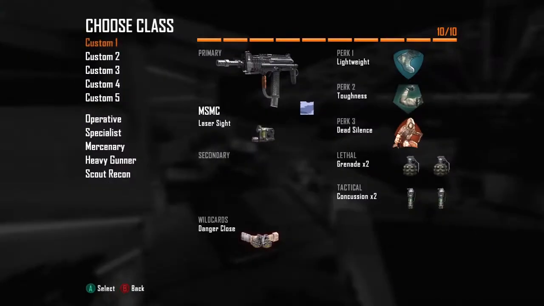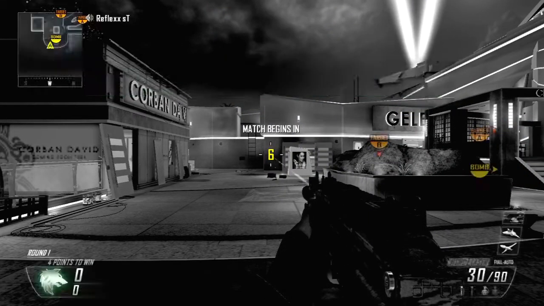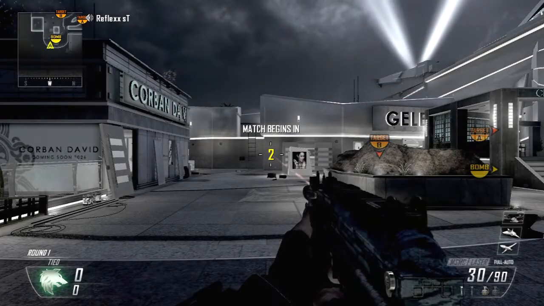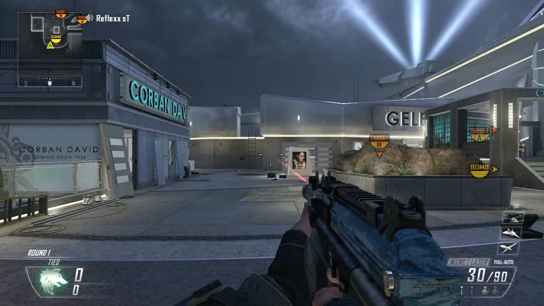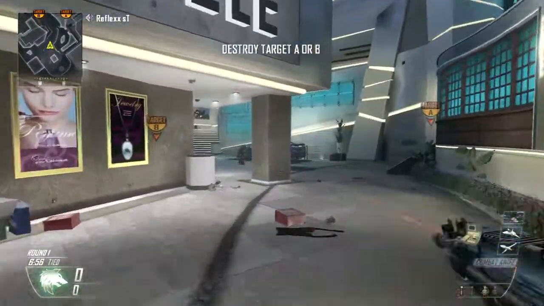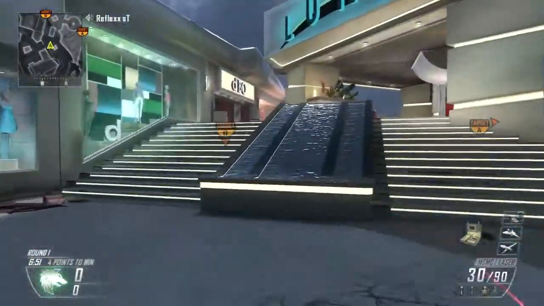Today's third episode of Black Ops 2 map walkthroughs and tutorials is on Plaza. This map I really like for Search and Destroy, just because of the rushing that my team usually does, and I think it has a lot of good nade spots and a couple of good lines of sight. So starting off, we're going to start with some lines of sight just because there's not too many,